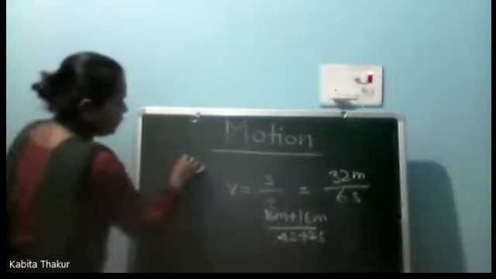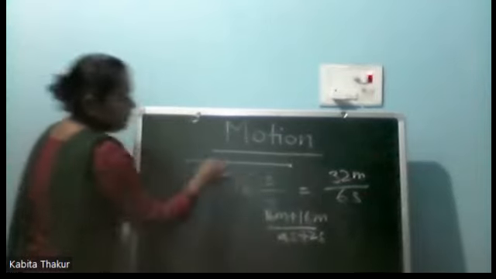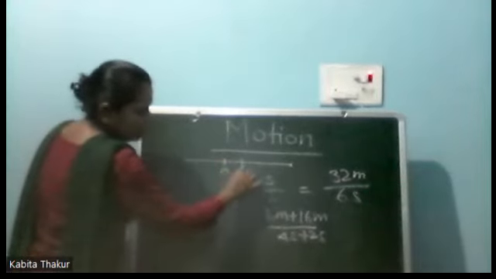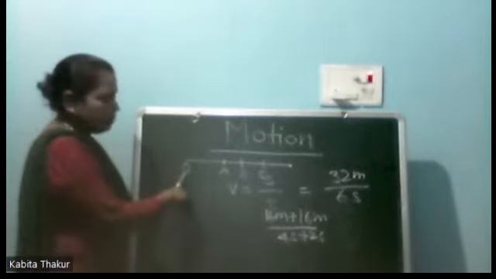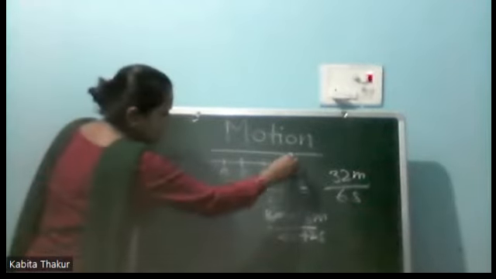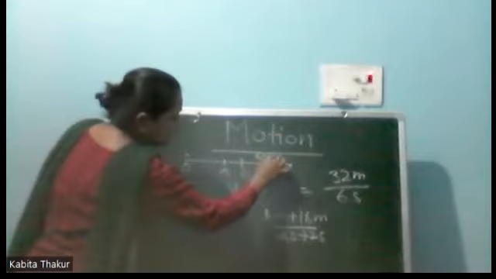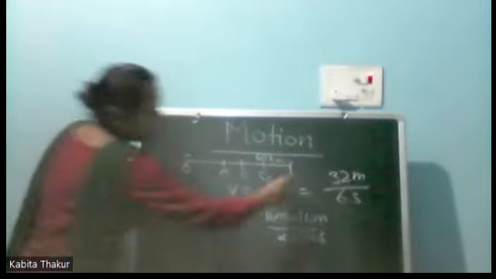Very good. If its initial position and the final position are the same, then we say that displacement will be equal to 0. One example we have discussed in the class: suppose an object is moving from here and it reaches here. In between, three positions are mentioned: A, B, and C. This is the initial position. This object is covering this distance. Say it covered a distance of 60 kilometers, which is the final position.